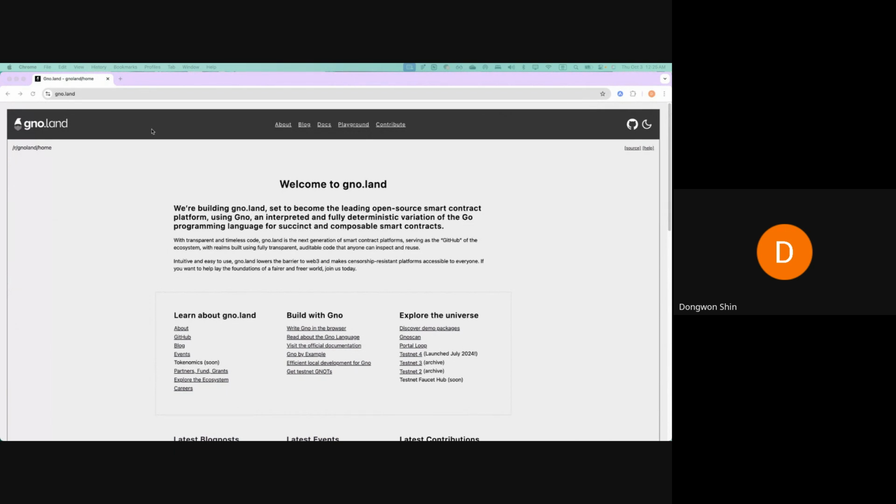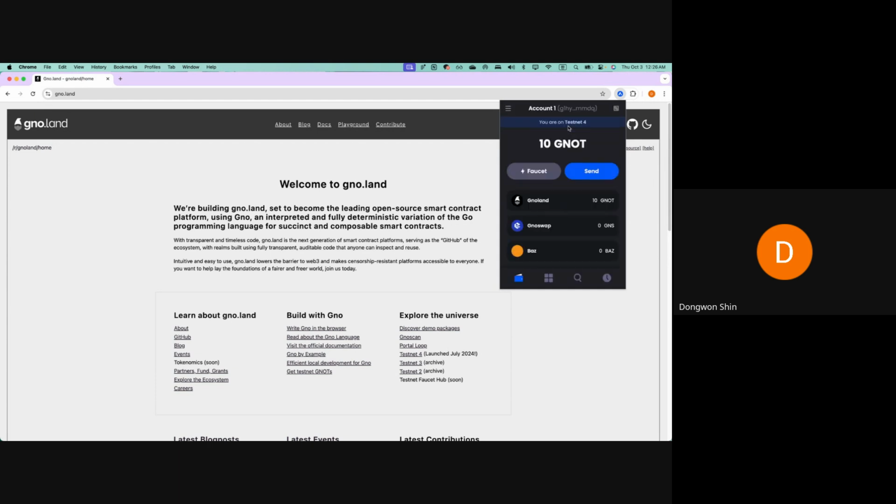This new version includes the support for multi-mnemonic. Previously, Adena only supported one seed phrase per Adena, which means you couldn't add an account with a new seed phrase if you already had your seed phrase in your Adena. But now you can add an account with a new seed phrase. So in this Adena, I only have one seed phrase with 2 accounts, and